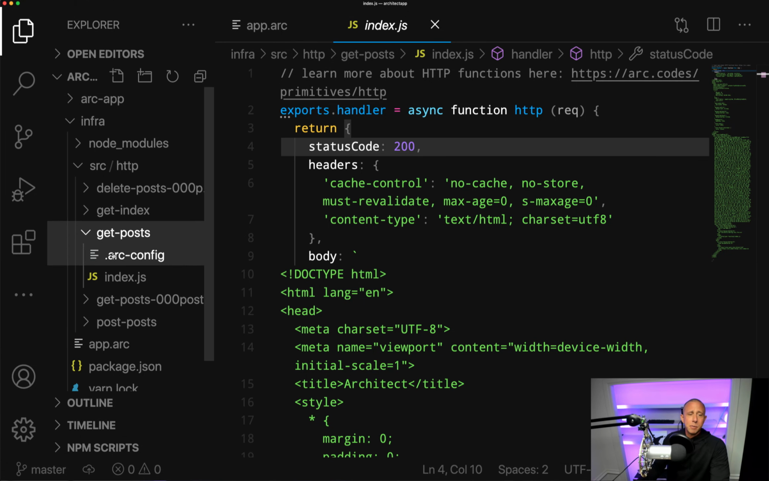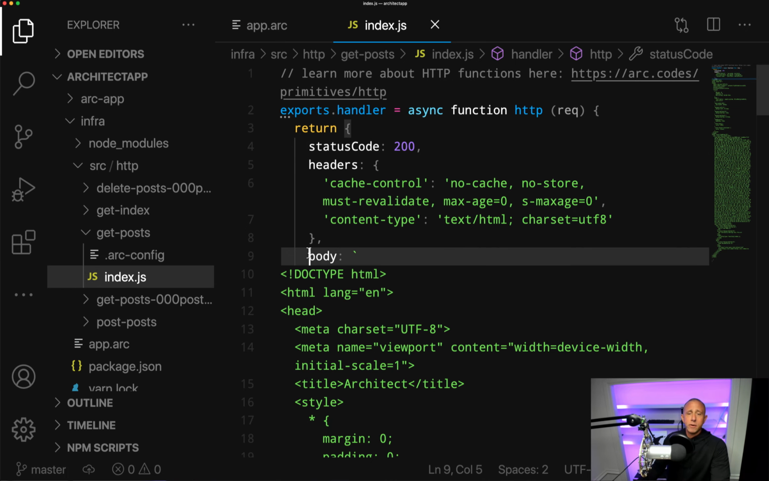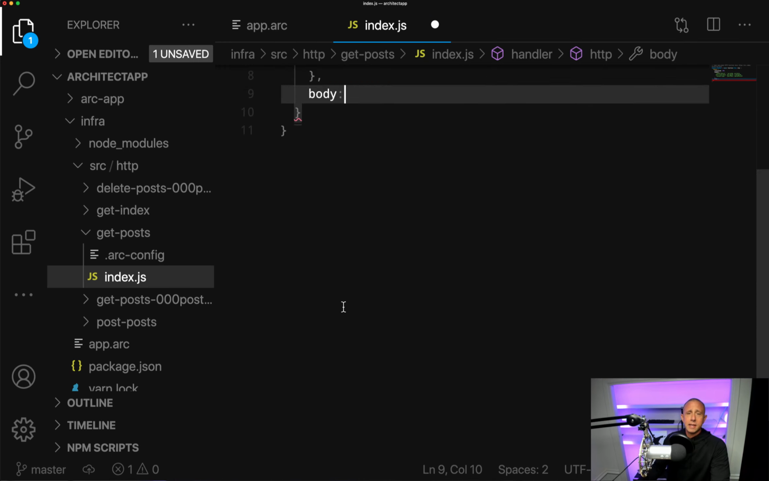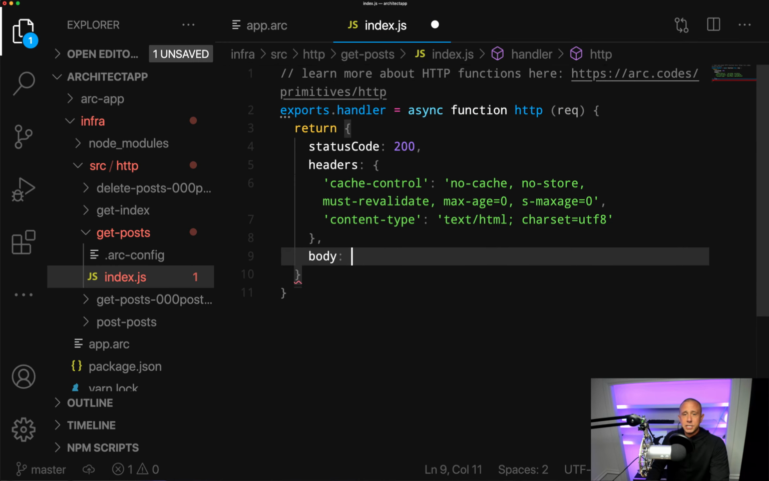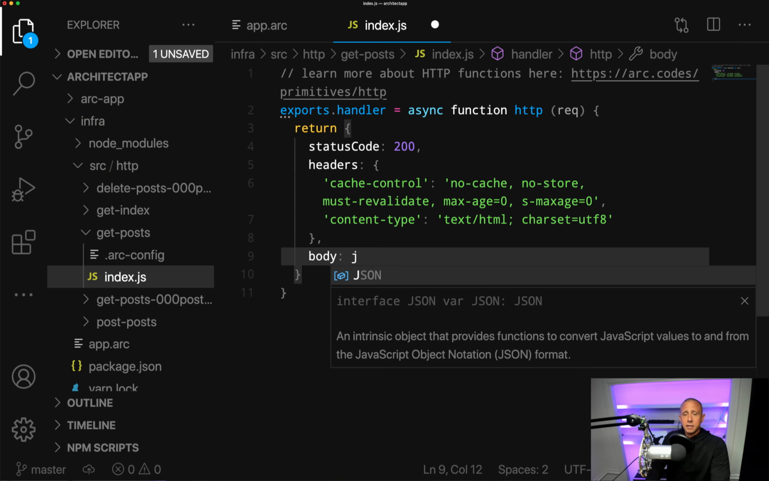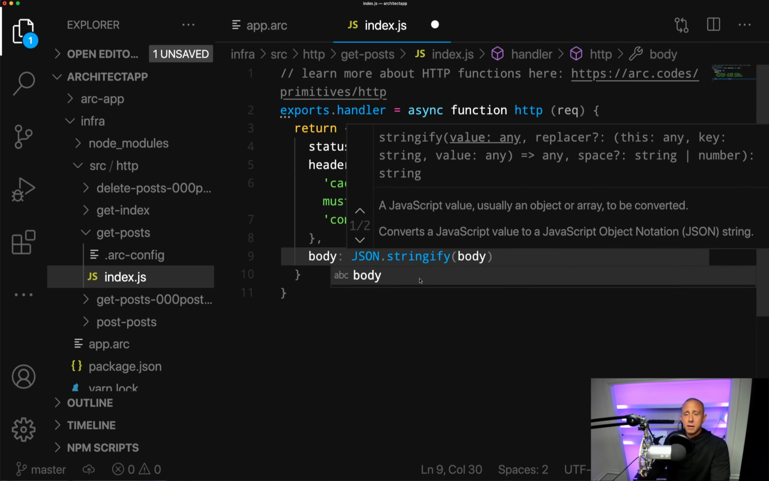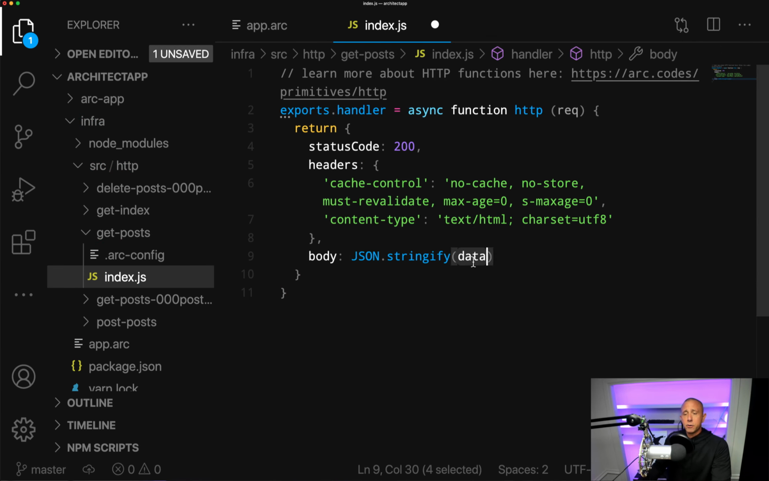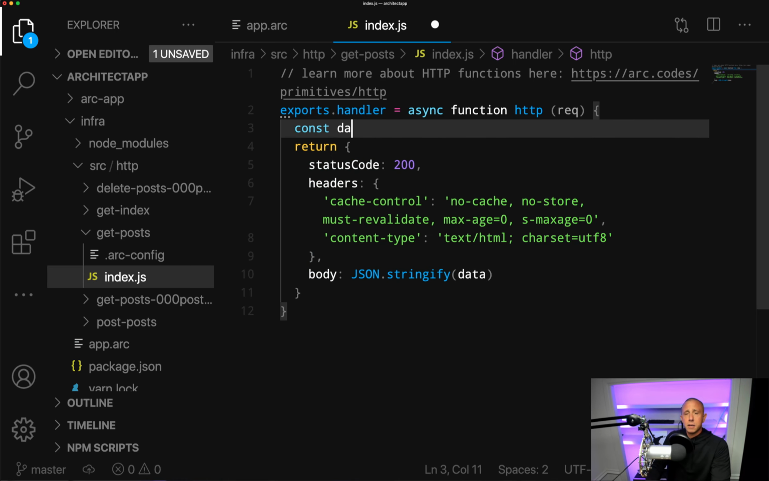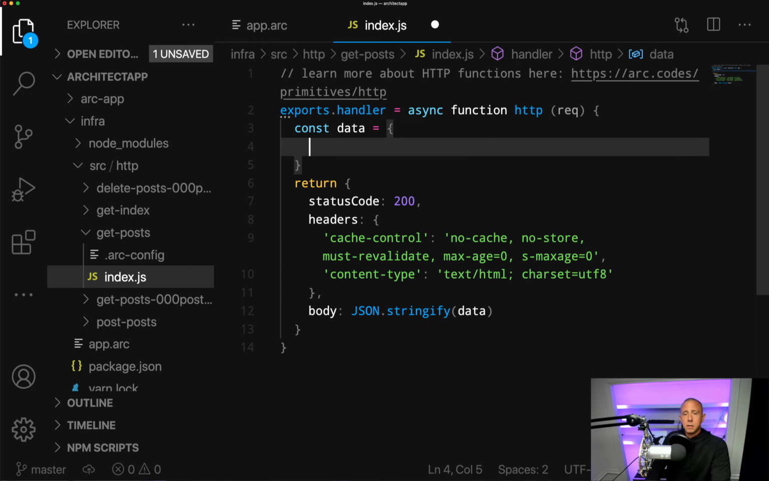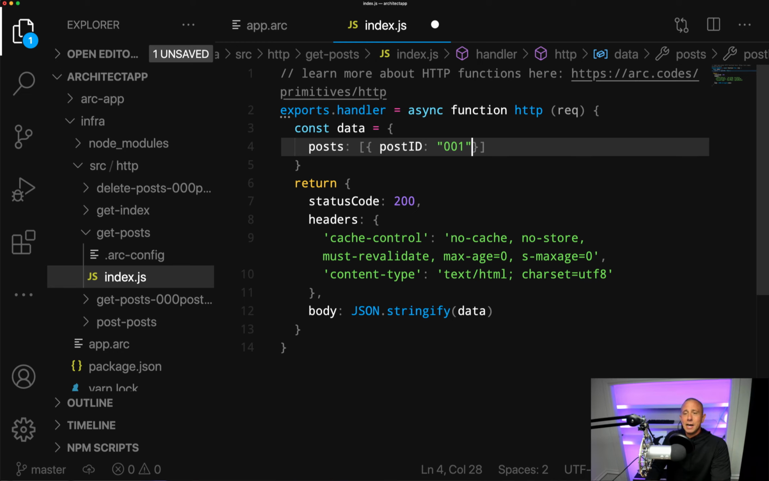So let's go to get posts, and we don't want to return all this stuff. Let's go ahead and delete that. Let's return some JSON. So we'll say JSON.stringify, and we'll pass in a body or some data, and then we'll go ahead and create that data. We might have a posts array, and the post is going to have a post ID, let's go 001, maybe a post title,